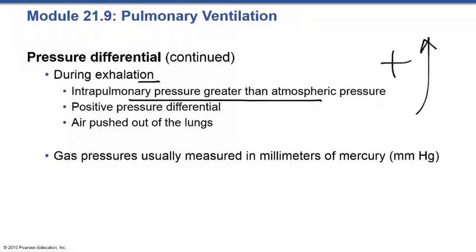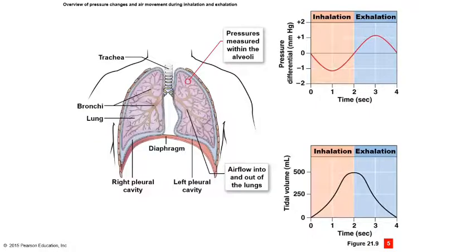Now, this is measured in millimeters of mercury, and the number I introduced to you a moment ago was 760 millimeters of mercury. That is what's found at sea level. Now, the difference as you expand your thoracic cavity and the pressure drops in the intrapulmonary space, this is not a huge difference. What I want you to see is that